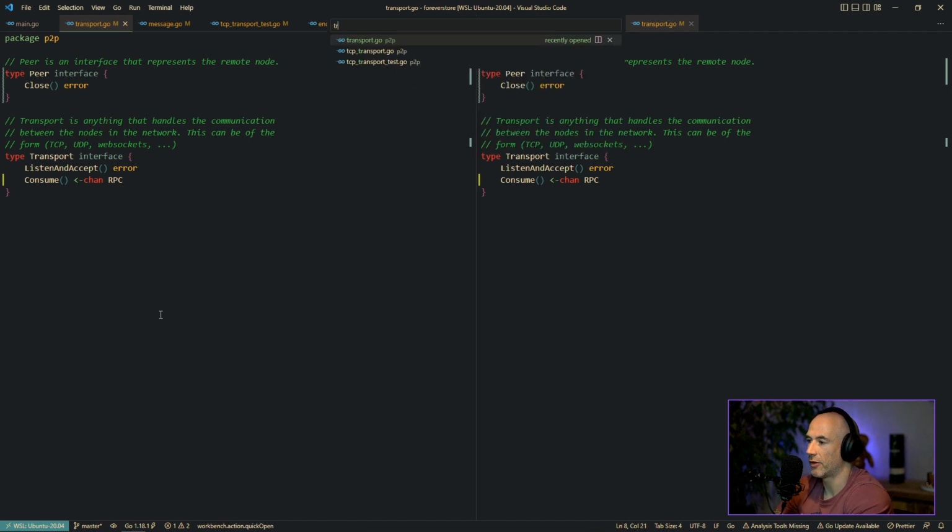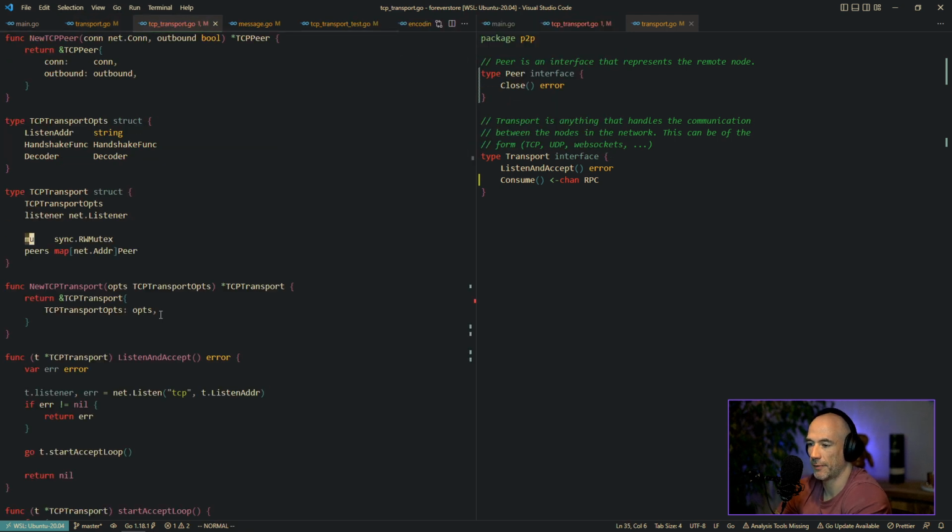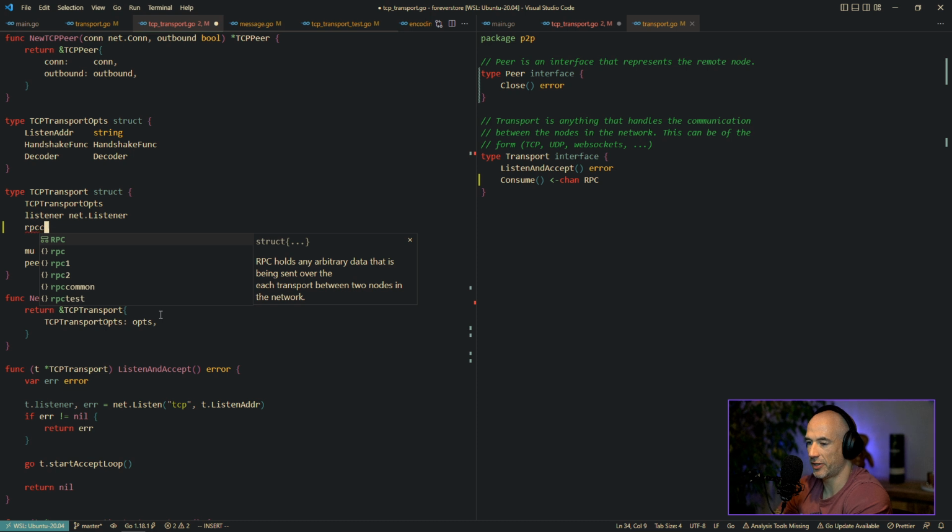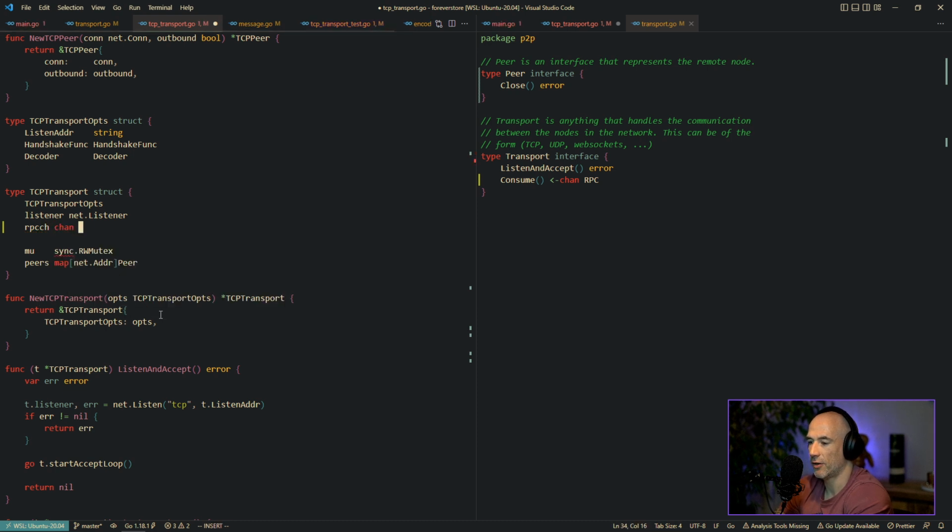And now we need to make sure that it's going to work. So we're going to say TCP transport. Let me quickly think about this. We're going to say an RPC chan, which is going to be a chan of RPC.